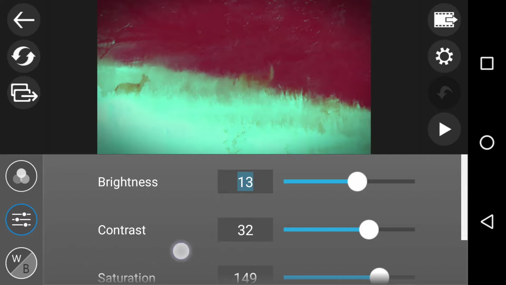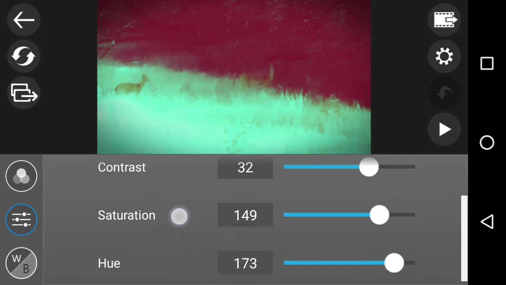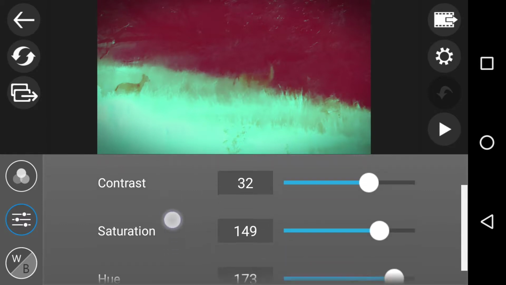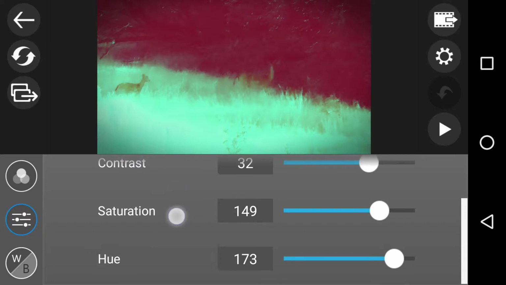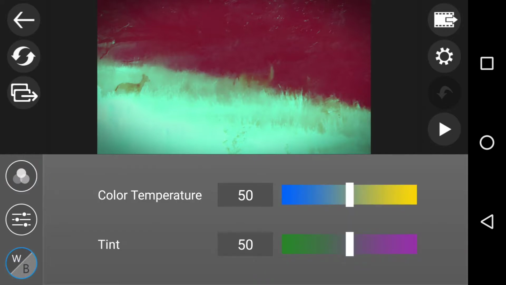This is just a demo, and when I say demo, I mean I've just messed around with the saturation and contrast. But going back to hue, which is super simple: when you open colour, it says brightness, contrast and saturation. You have to keep scrolling to get to hue under the bottom here, at 173, and I'm not going to touch the dial right now. Quite honestly, if you open it up and go to all of your artistic video clip settings, or even white balance, which is simplistic because it's got colour, temperature and tint,